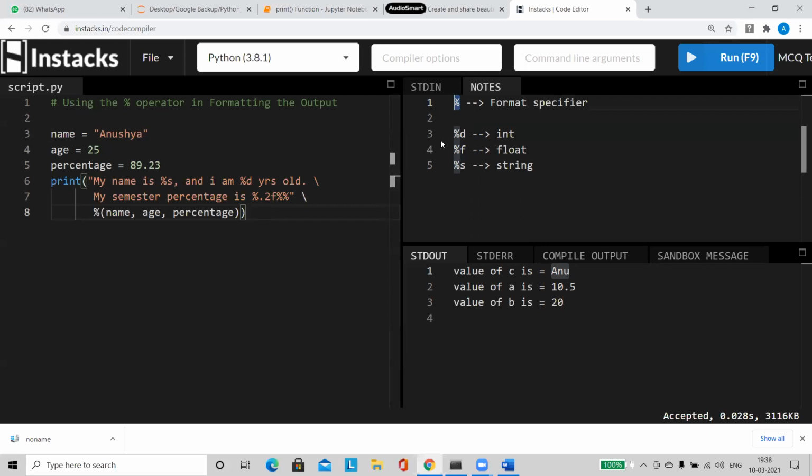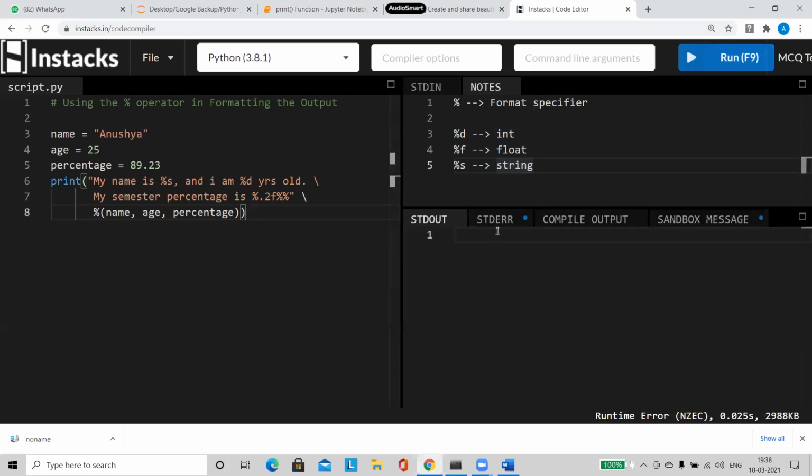So we have to remember these three: percentage D when we want to print numbers, percentage F when we want to print any decimal value, percentage S when we want to print any string value. These are the common things that we will be using in our program. Right. So now, how I want my output to be shown. See here, this is what I want.